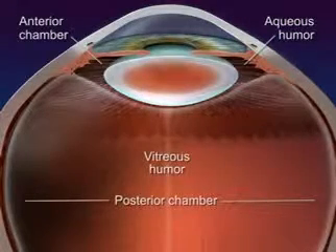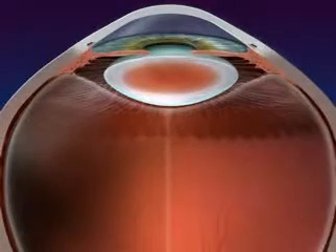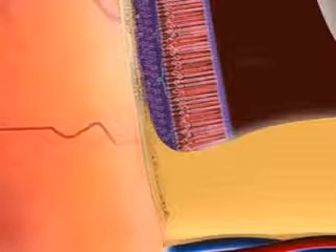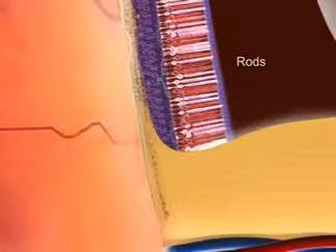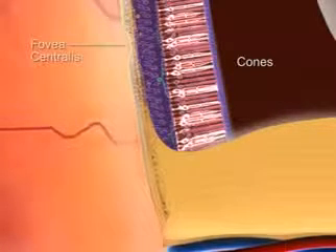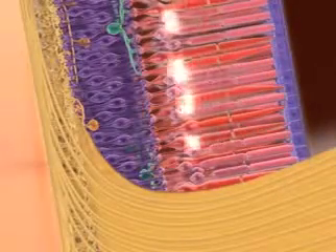The retina is the inner layer and contains the nerve cells, the rods and cones, and the bipolar cells. Rods are sensitive to light but do not sense color. Cones sense color. The highest concentration of cones is in the fovea centralis. The rods and cones synapse with bipolar cells, which then synapse with the ganglia cells whose axons form the optic